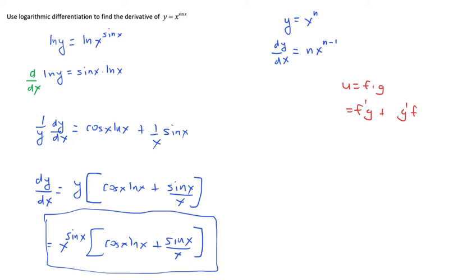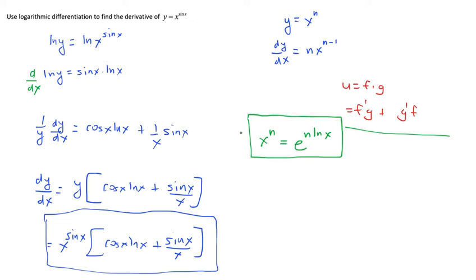There's another method though that we can use, and the idea is, this x to the sine x power. It turns out that there is a rule we can use. x to the n power is actually equal to e to the n times ln of x. And this property may come in handy a couple times. So the idea here is, let's just do that. Let's convert this. Instead of taking x to the sine x power, we'll just rewrite y equals x to the sine of x power